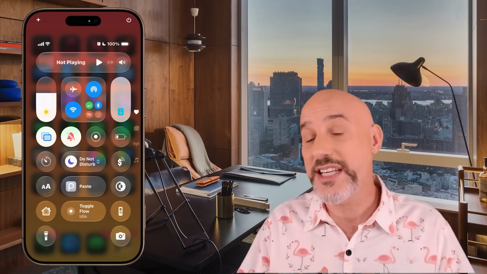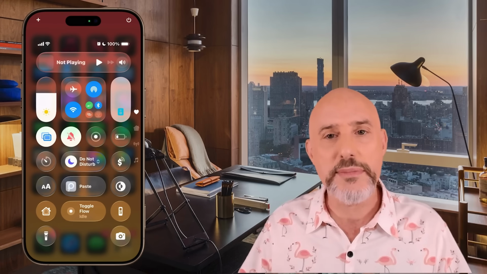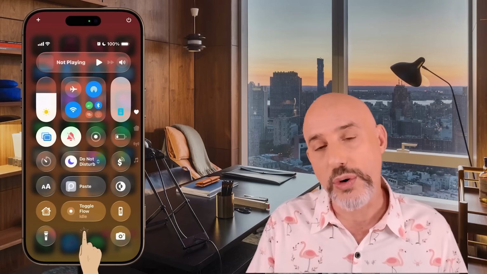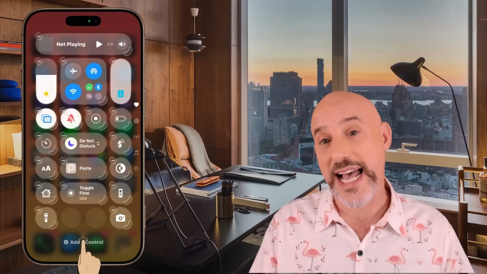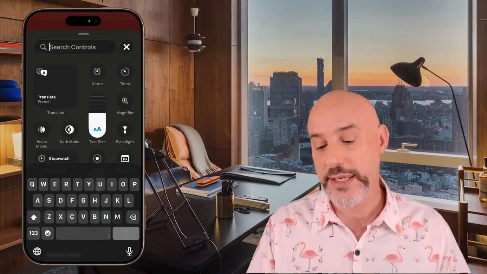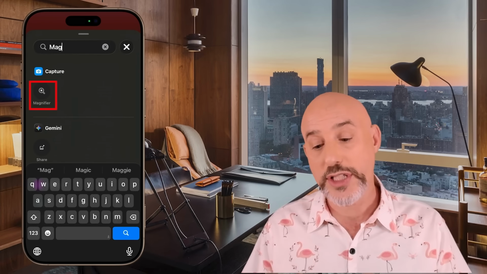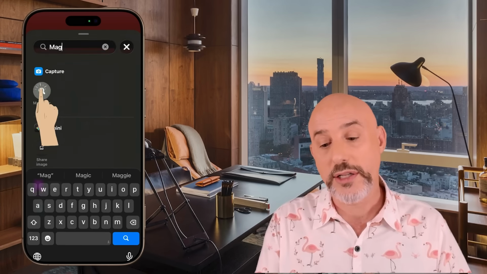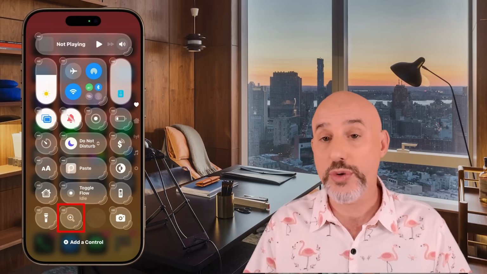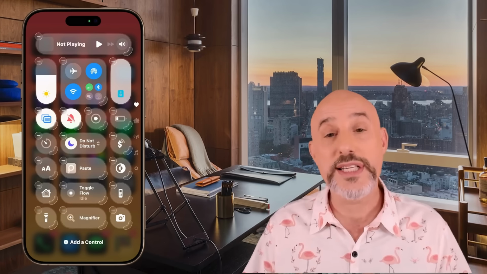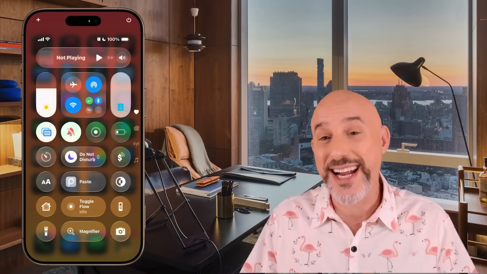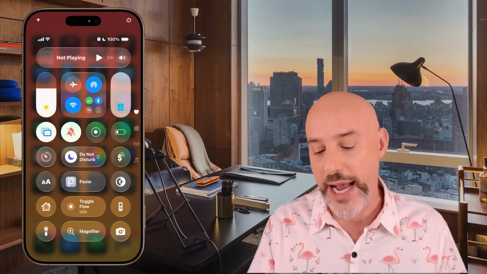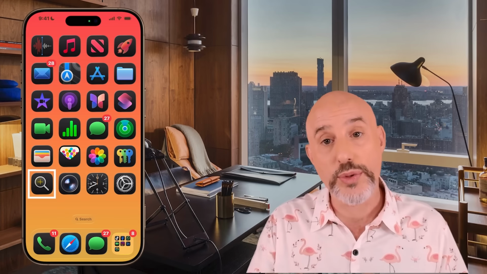When you do, you'll see a ton of tools. If you don't see the Magnifier app, press and hold on the bottom of your screen until you enter edit mode and click where it says Add a Control. From here, type in MAG and you'll see the magnifier right there. Click on it and it will be added to your control panel. You can even resize it to make it easy for you to get to. Once you've done that, you've now got easy access to the Magnifier app, either from your home screen or from